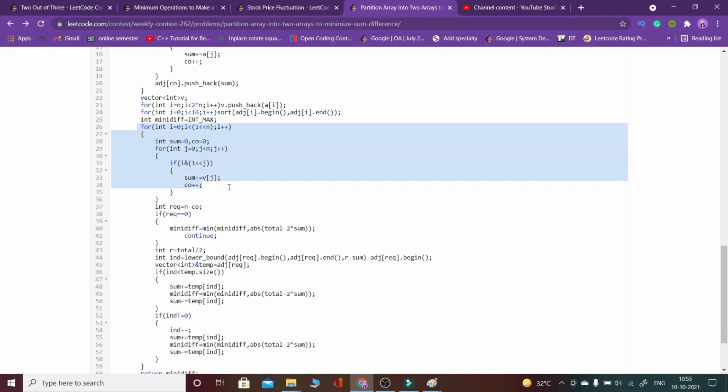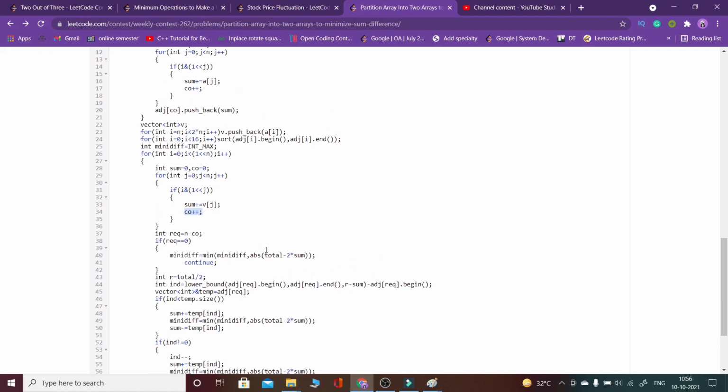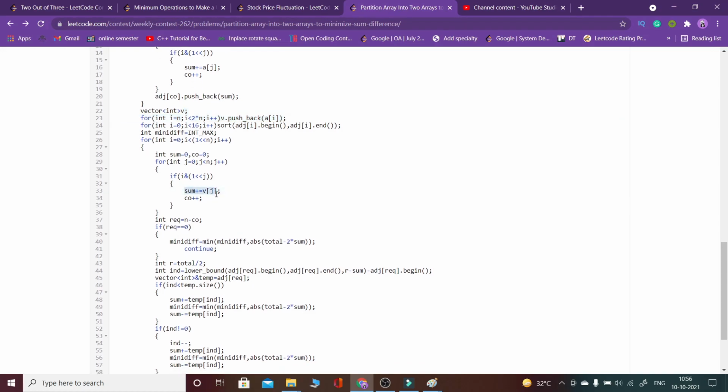So now this is again the part where I calculated the sum for this particular subset. I calculated this size. This is the second half. As I have stored the elements into that V, all the elements of the other half I have stored into the V, and then I have calculated again the sum for each subset, the size of it. Okay, so now since required is n and we already took co-elements, the other elements we would take from the other half. So how many elements do we have to take from the other half? It would be in the required variable, n minus co.